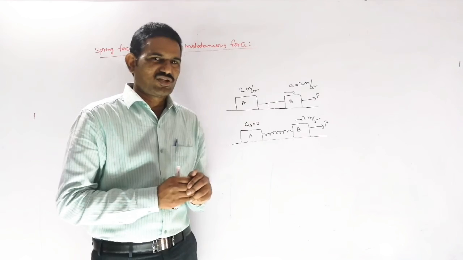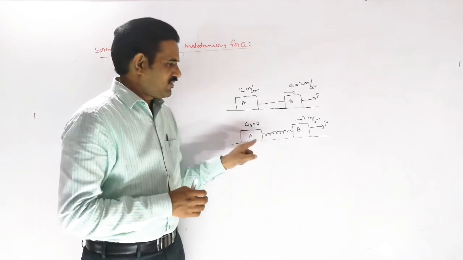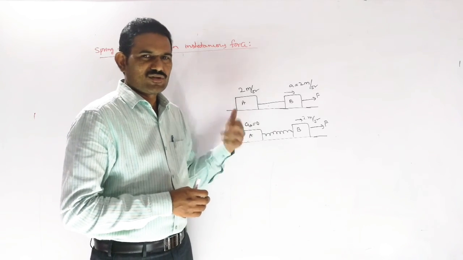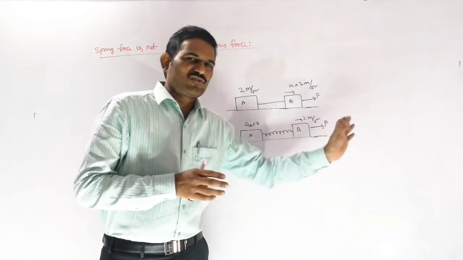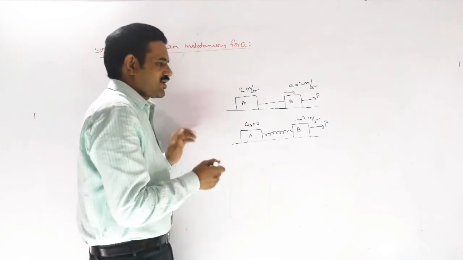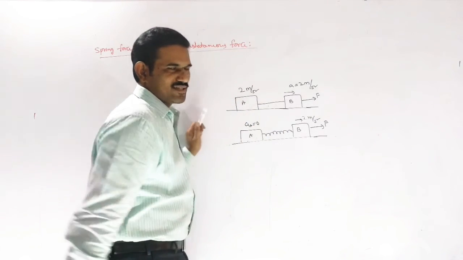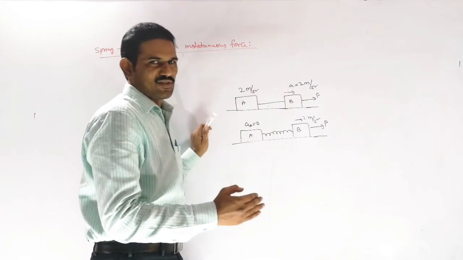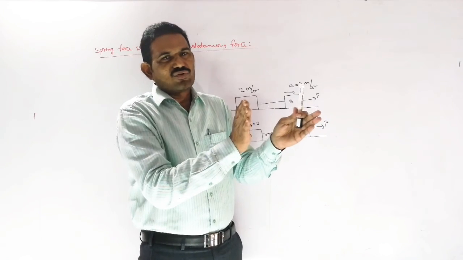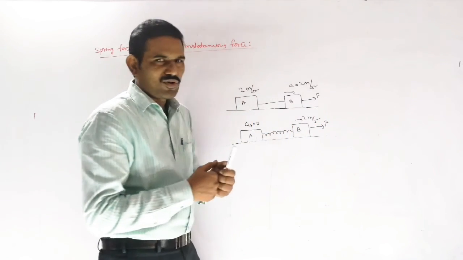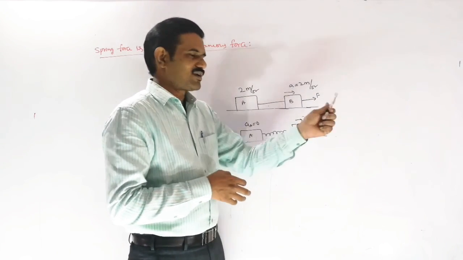After some interval, there will be some force acting on this block, because the elongation of the spring should take place. Here in this example, elongation will take place, and because of this elongation, spring force will arise, and because of the spring force, this block starts accelerating. So this process should take place: the elongation of the spring should happen so that it can exert force on the rear block A. Whereas such a need is not there here. Immediately if you pull this, it starts moving.